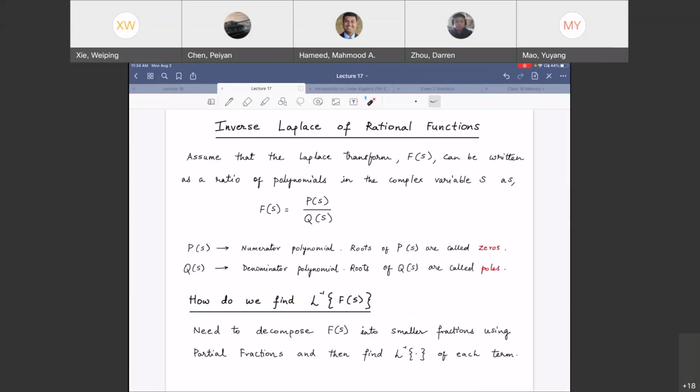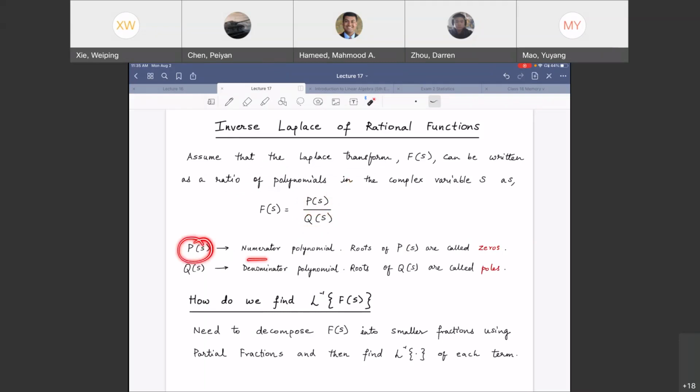Move on. Let's try to get to that partial fraction expansion, the identities. How do you break it up? For that, we are going to need to express a Laplace transform as a rational function. So let's assume that the Laplace transform F of s, you can write as a ratio of polynomials. And I believe when you were doing circuits, you must have done this, right? A polynomial in s in the numerator, a polynomial in s in the denominator. The values of s that make the numerator go to 0 are the zeros of the system, and the values of s for which the denominator goes to 0 are the poles of the system.